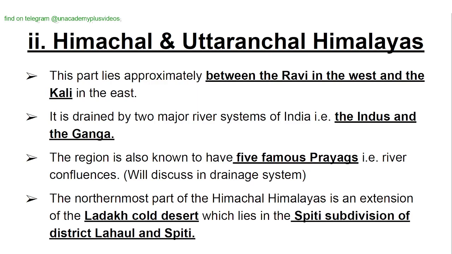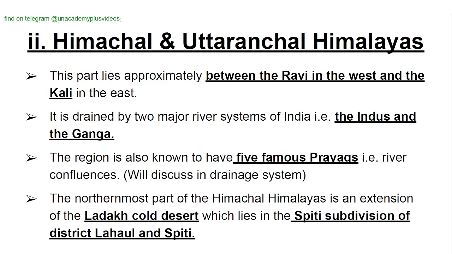So the Himachal and the Uttaranchal Himalayas. This part lies approximately between the Ravi in the west and the Kali in the east. It is drained by the two major river systems of India, the Indus and the Ganga. The region is also known for its five famous prayags, that is river confluences. The northernmost part of the Himachal Himalayas is an extension of the Ladakh cool desert which lies in the Spiti